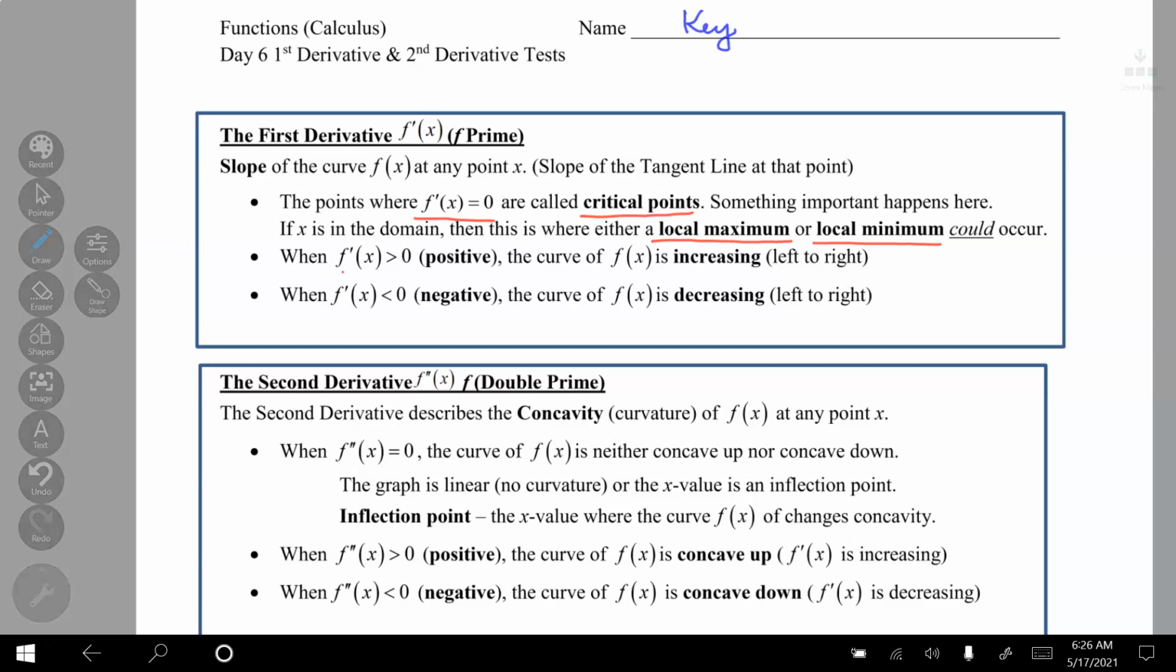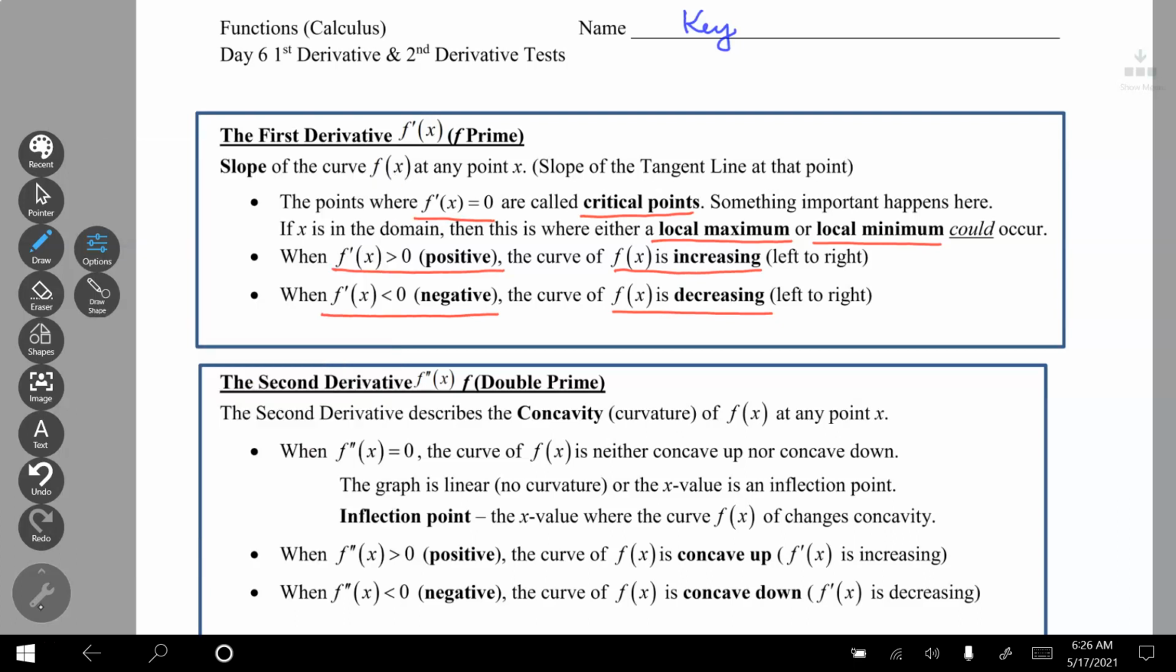We also talked about when f prime was positive, that our function should be increasing. And then when f prime is negative, our function should be decreasing, because f prime being positive means it has a positive slope, and f prime being negative means it has a negative slope. And then we really also talked about